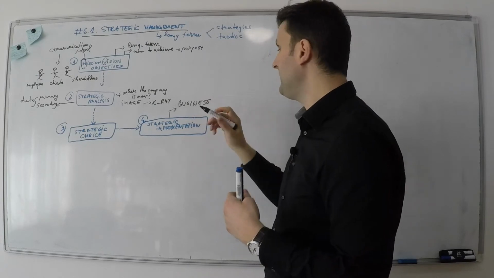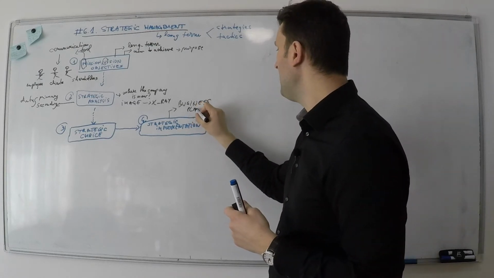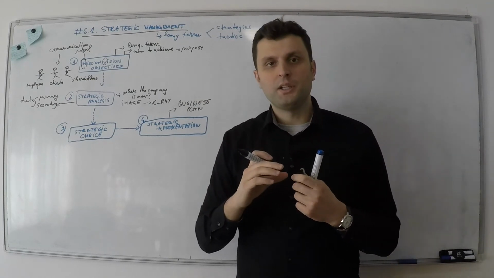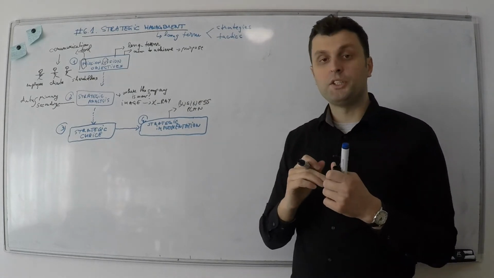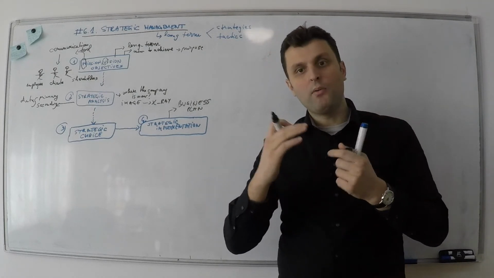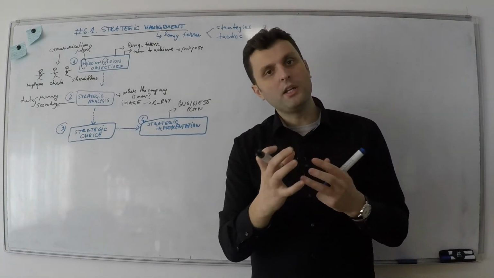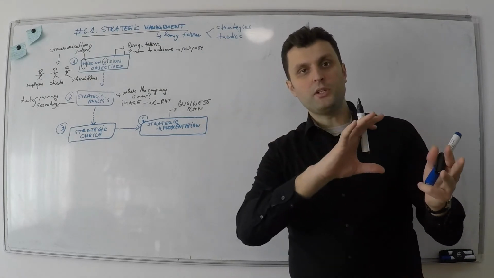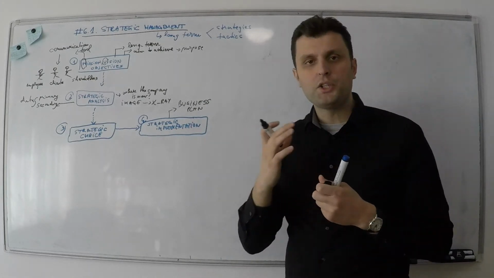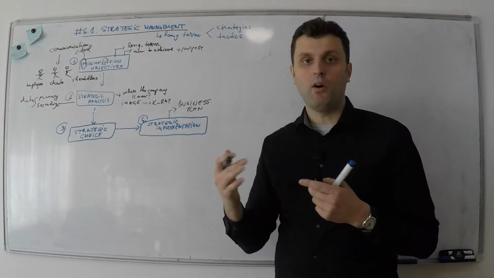Now, strategic implementation would not be possible without a business plan in which we have details such as the overall objectives of the company, maybe a bit of history of the company, the business opportunity that we want to follow, the marketing plan that we want to implement, maybe the pricing strategies, the financial tools that we're going to use, and which will be our human resource management policy, and last but not least, what are the skills that our employees have that can actually help us take our business to